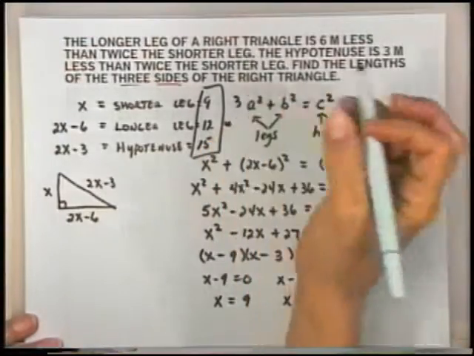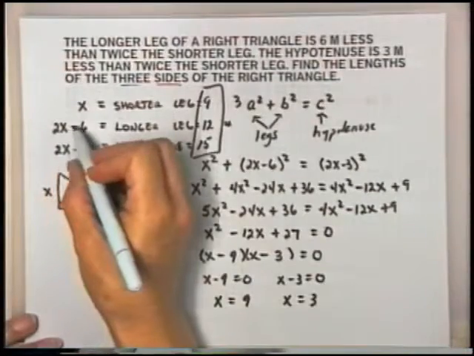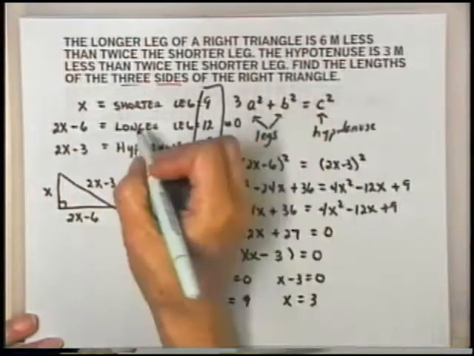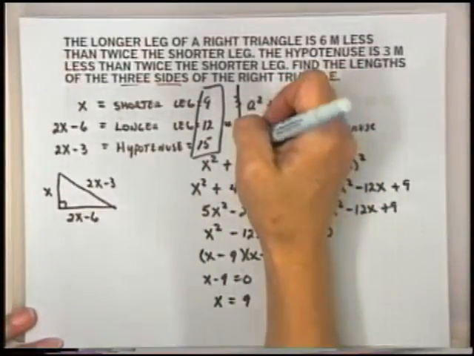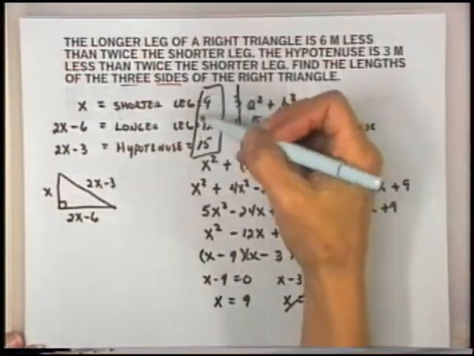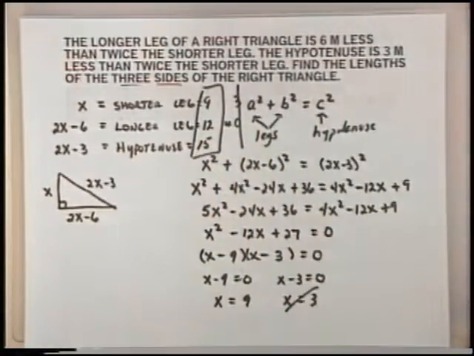Now let's look at our second choice for x. If x is 3, 2 times 3 is 6, subtract 6 is 0. Can our longer leg be 0? No, that doesn't make any sense, does it? So this x equals 3 is not going to work as a possible solution. These numbers fit our definition as given in terms of the relationship between the shorter leg and the longer leg